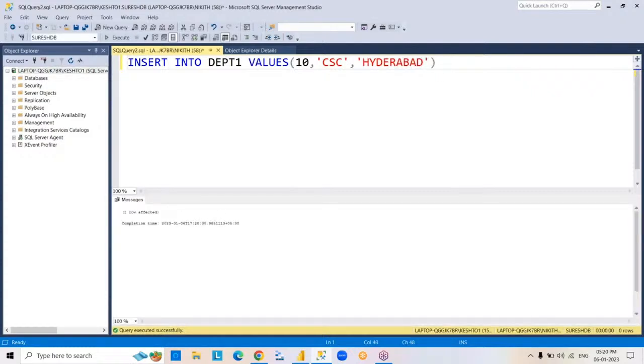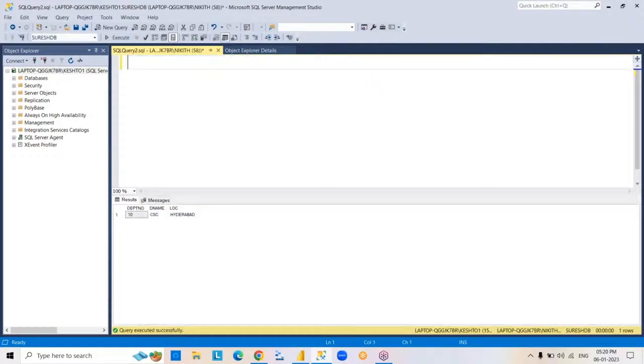So this row is inserted into the table. That means the table is modified in the source, right? Okay, now please check. So now this modification copied from source to Power BI or